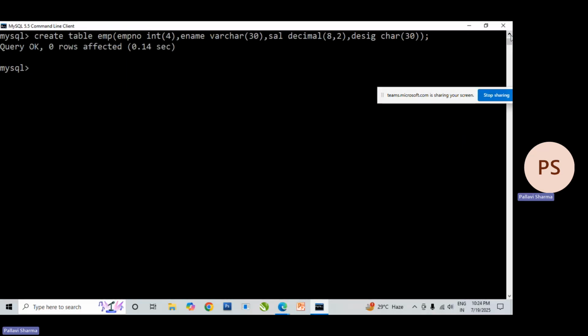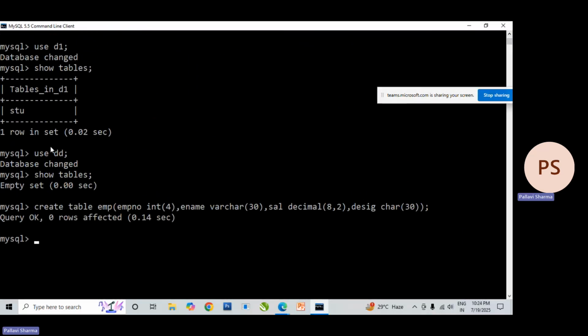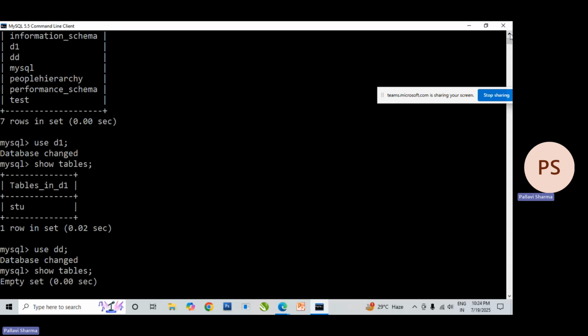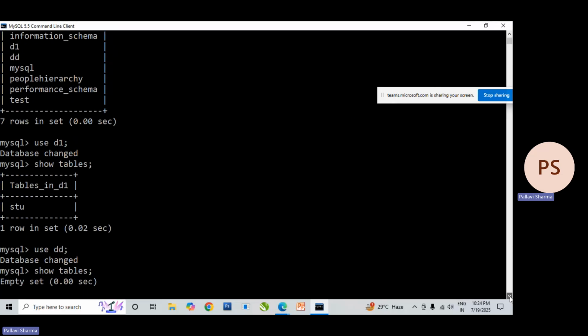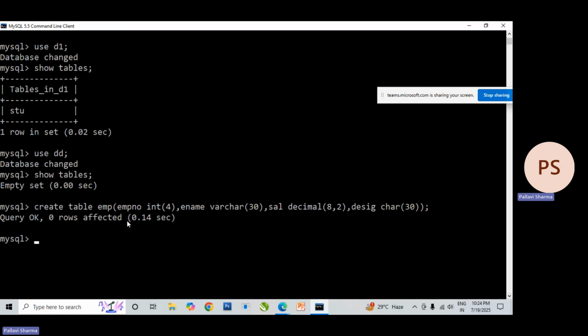Now you can see above also, when I have used DD also, I have used semicolon. When I have used show tables, I have used semicolon. That means in the SQL language, when we are completing any task, at the end we are using the semicolon. If we are not putting it, that means according to the system, the command is not completed yet. Okay. After that,